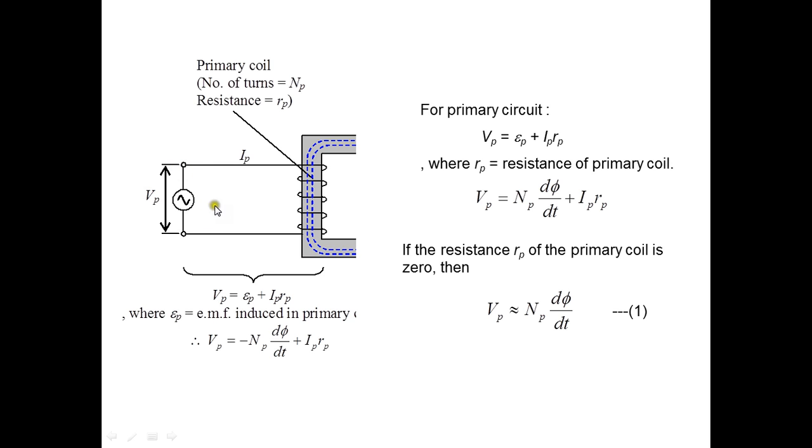Previously, we know that if we apply a voltage Vp in the primary side, we will have a current. That's true. However, let's look at it in a little bit more detail. For the primary circuit, if you apply a potential difference Vp here, a current will flow, and since the current flows and this wire has a resistance, there will be some potential difference consumed, Ip times R of the wires on the primary circuit. This is the potential difference applied, and this is the potential difference consumed in the wires,